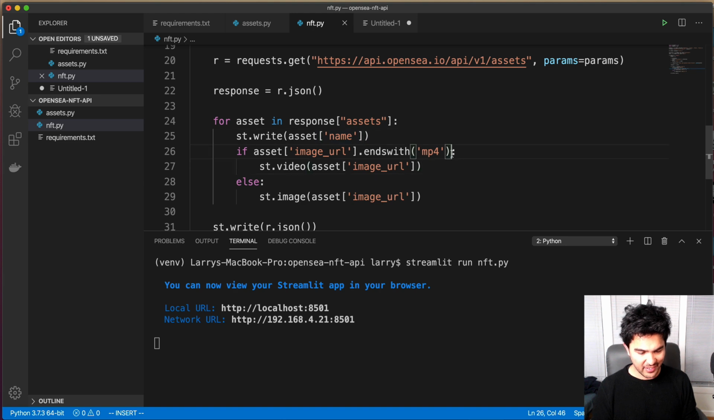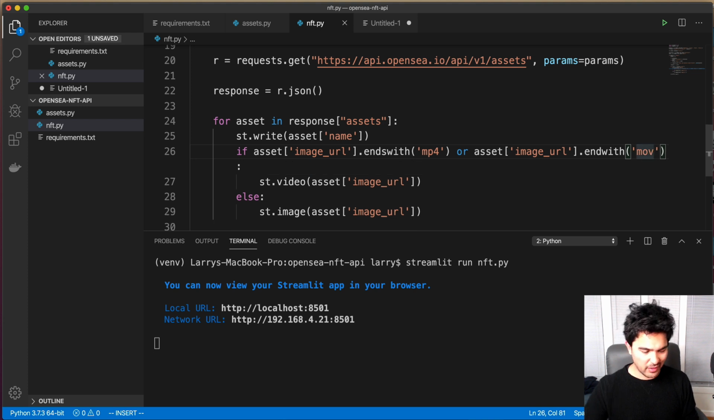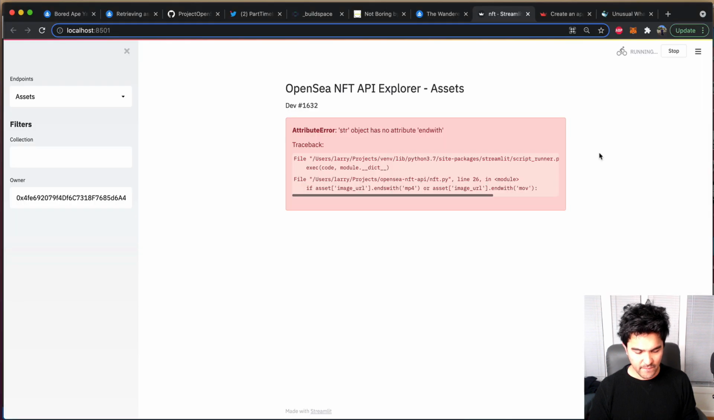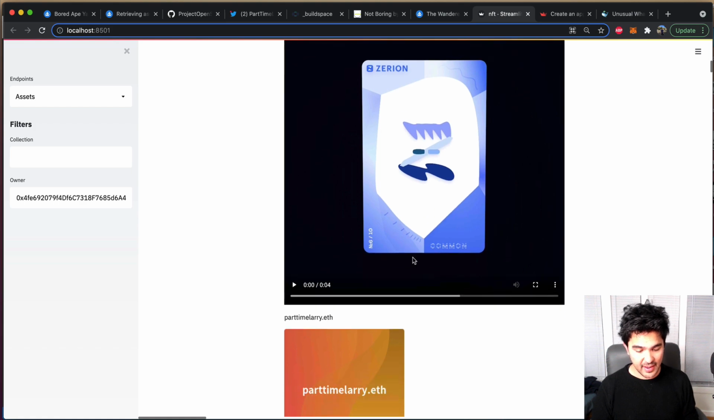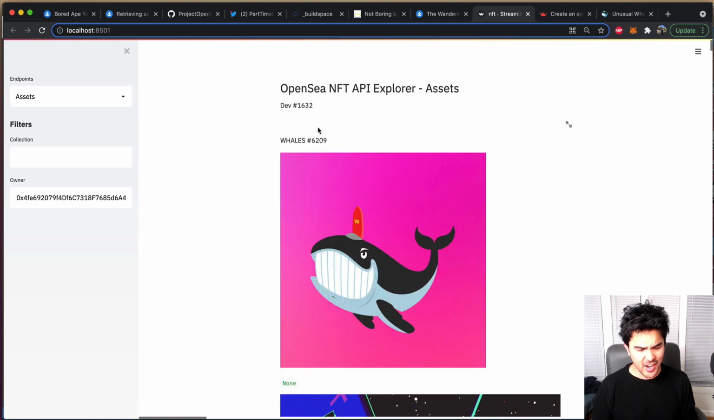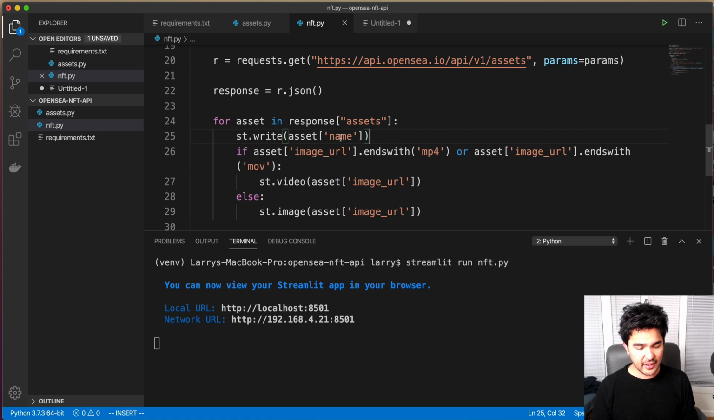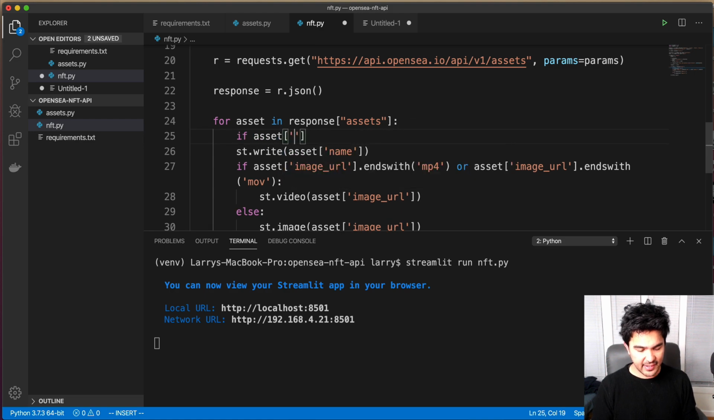So I can also do asset or asset image URL dot ends with MOV, and you can render these. So I'm going to give you a rendering function that'll render all of these, and now I picked up my Xerion Genesis collection here, and then let me go ahead and say if asset, well,